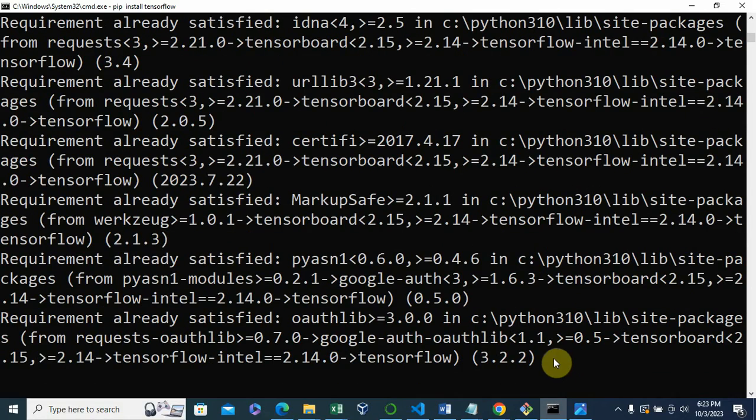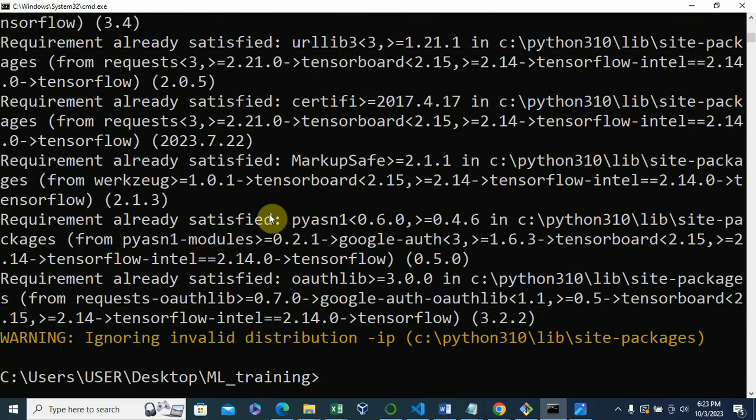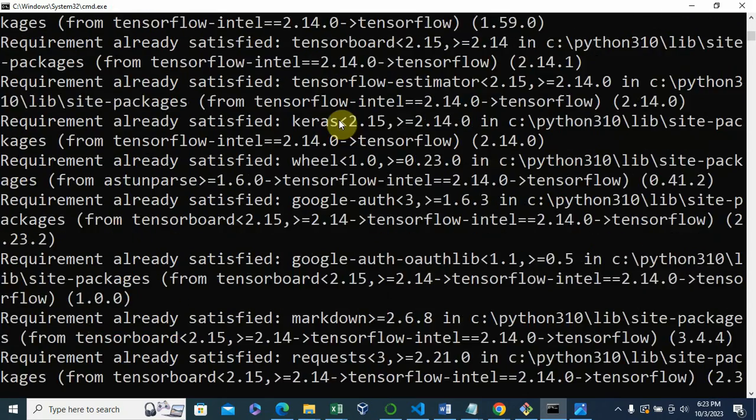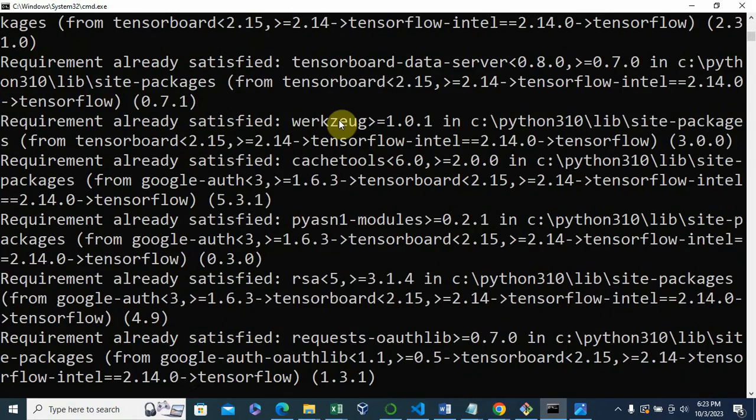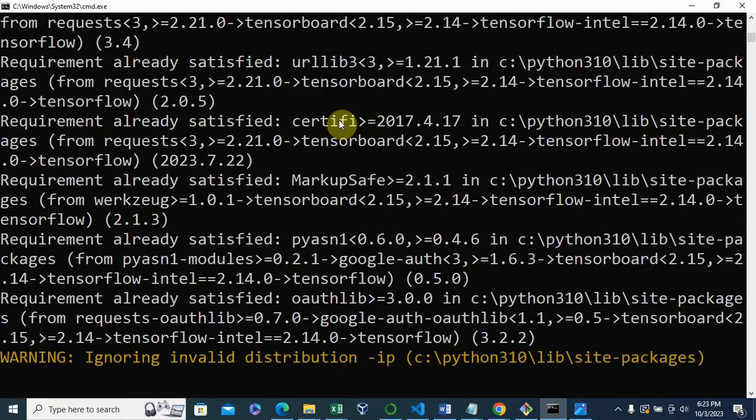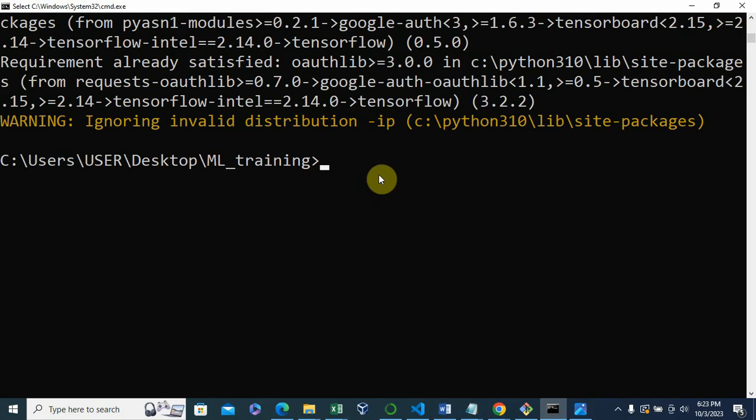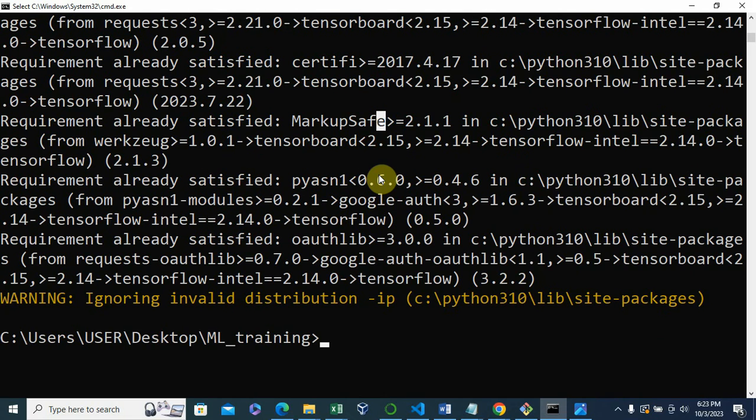You can see in my own case it says requirement already satisfied because I have it installed. If you don't have it installed, you'll see the installation will go on for a while, and then you'll have it.